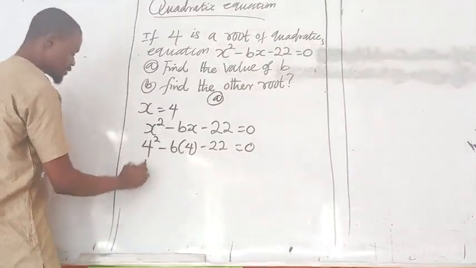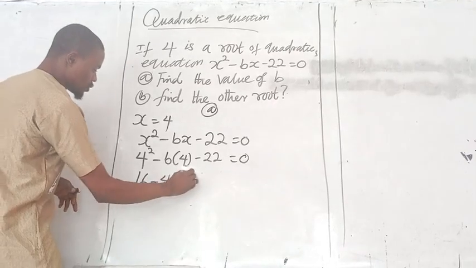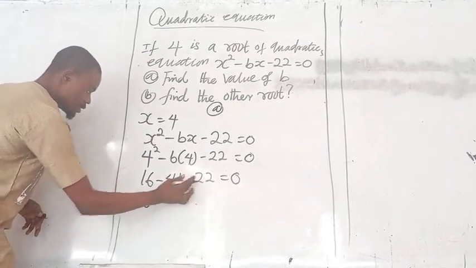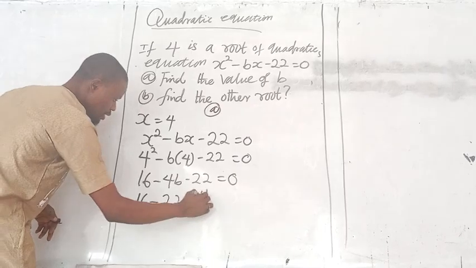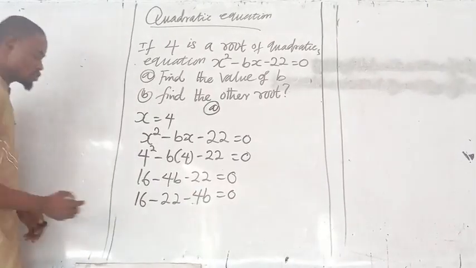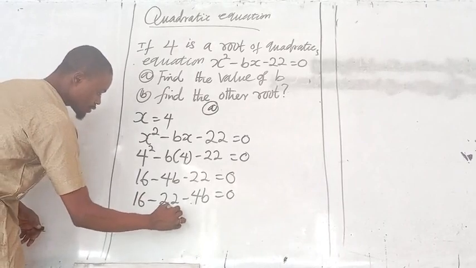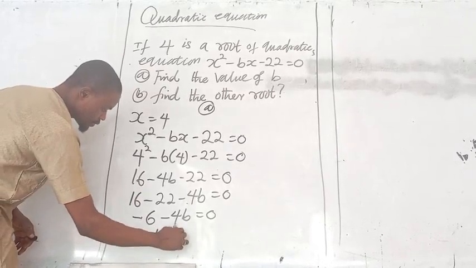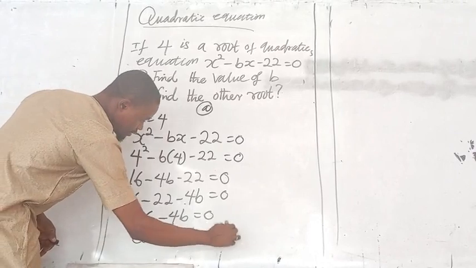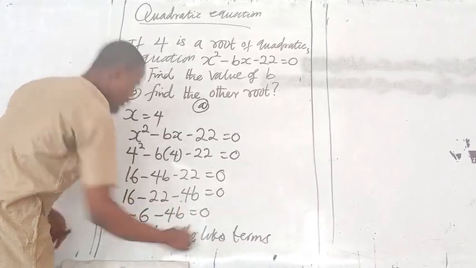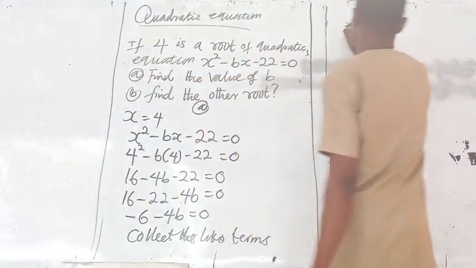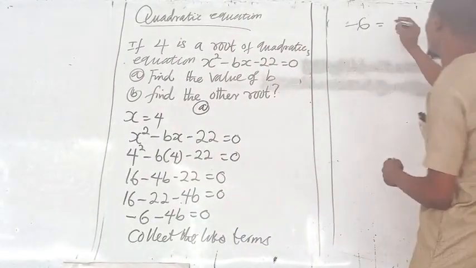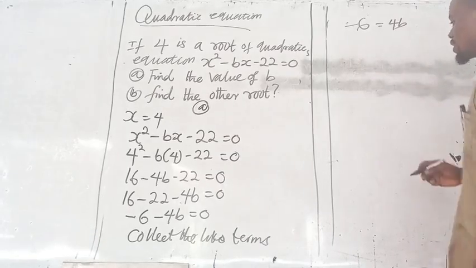Then 4 times 4 we have 16 minus 4b minus 22 is equal to 0. It's the same thing as 16 minus 22 minus 4b is equal to 0. Then 16 minus 22 we have minus 6 minus 4b is equal to 0. Collect the like terms. We already have minus 6 here. Minus 6 is equal to, if this minus 4b crosses the equals sign, it changes to 4b without indicating the negative sign,